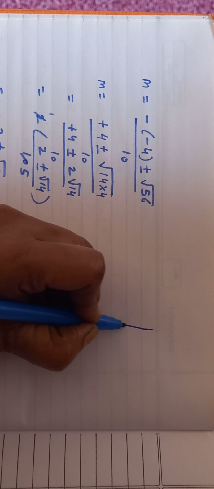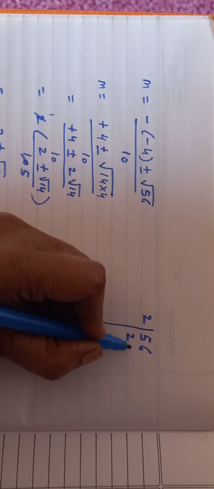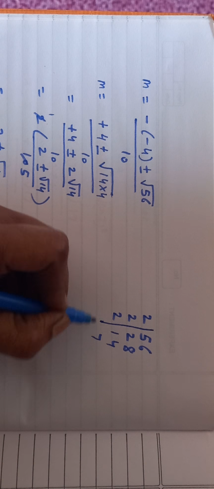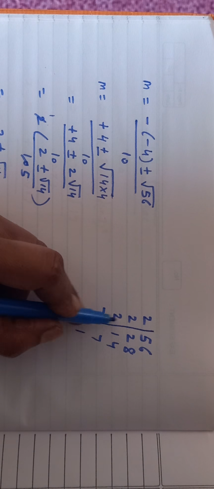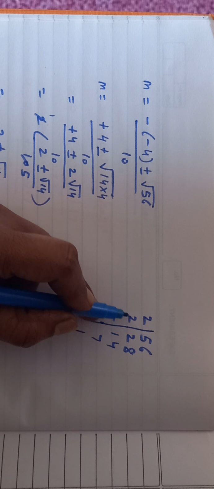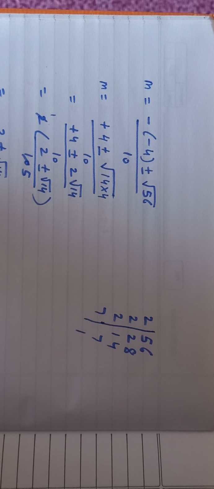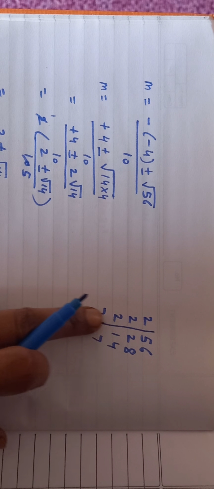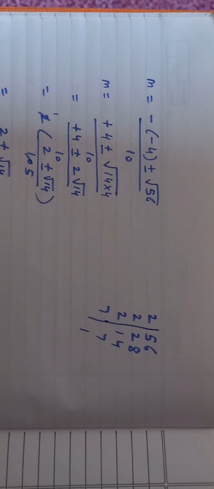Simplest way, if you are having any doubt, you can always find the prime factors. 2 2s are 4, 2 8s are 16. 2 1s are 2, 2 4s are 8. 2 7s are 14. So from here only, square root sign is there, so we can make out 2 2s are 4. So you can write it as 7 2s are 14, 14 4s are 56. I did it directly because the number was small. But if you have doubt like this, you can write all the prime factors, then you can write 2 into 2 like that and get it like this also. Okay, so this way you have to do.